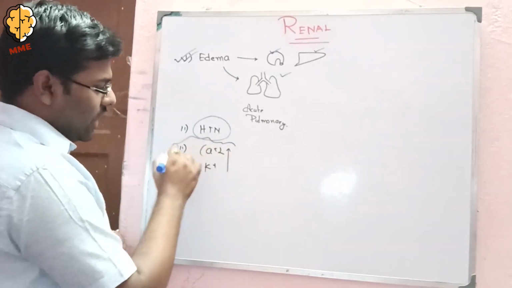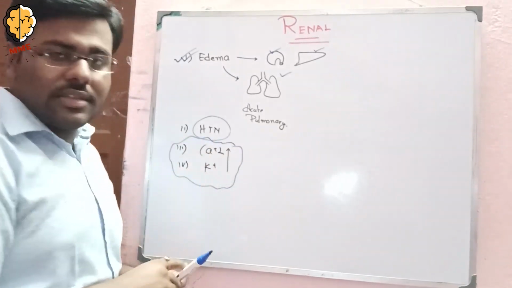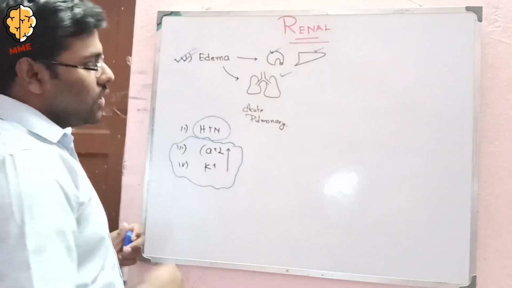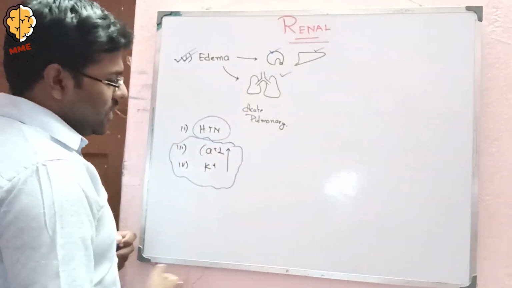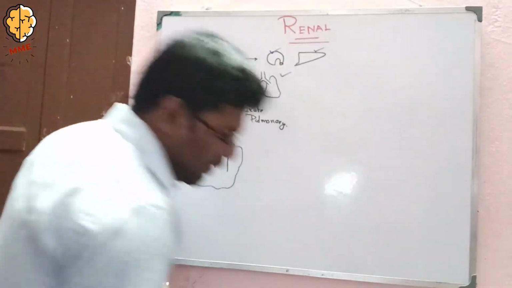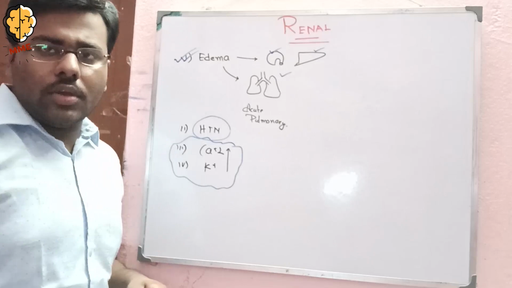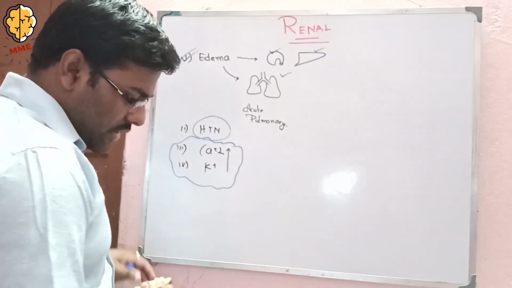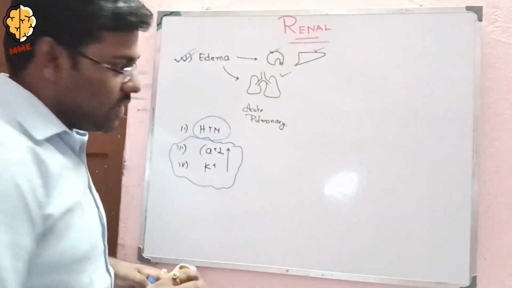It can be used in hypercalcemia of malignancy. It can be used in hyperkalemia. So we can use it in edematous conditions, in hypertension, and in imbalance of some electrolytes. Okay, and it is a second line drug. It's not a first line drug of hypertension, but it can be used.